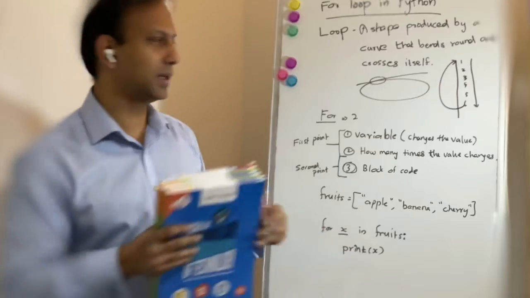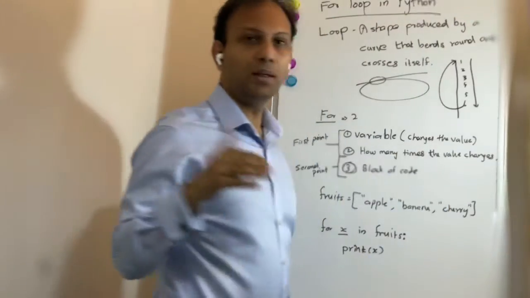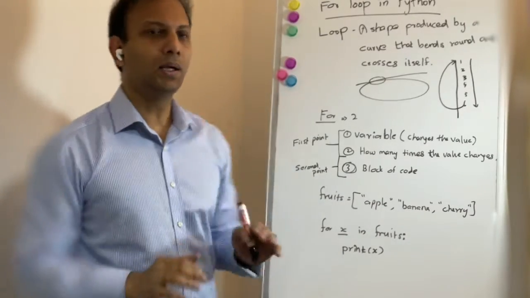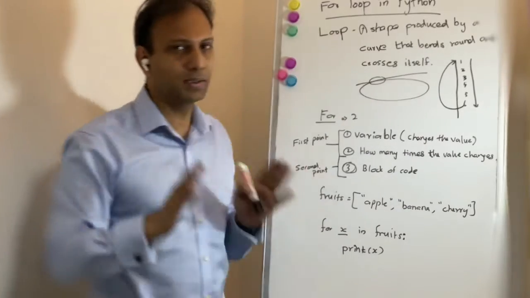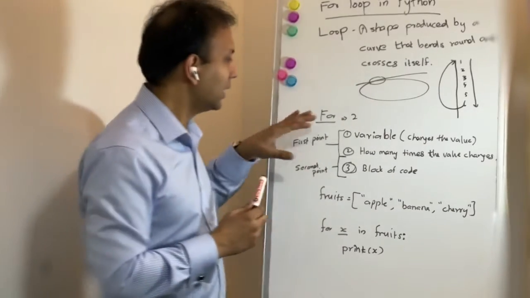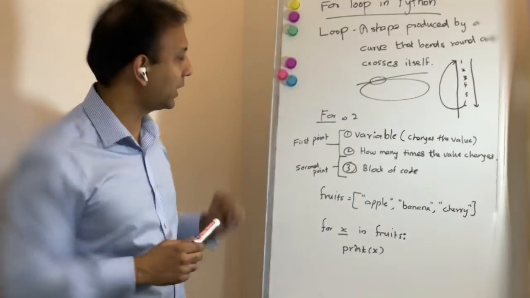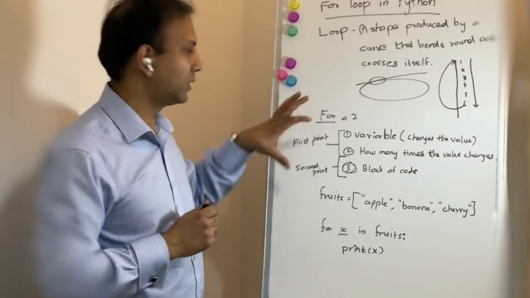If there is a case where you have to go back and execute something, then you can use a loop. Okay, now loop is clear. Now we are coming to for. So we are talking about for loop. So the basic condition is that there is something happening, it has to go back and then execute again.